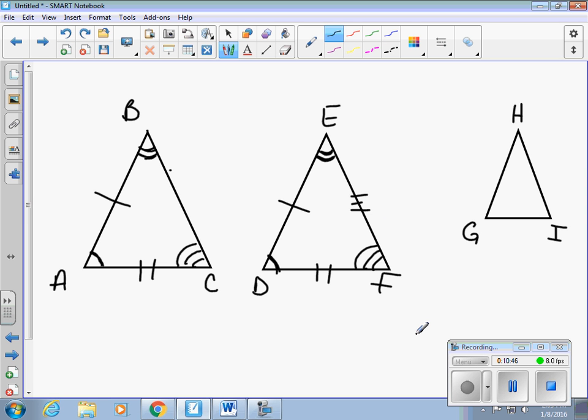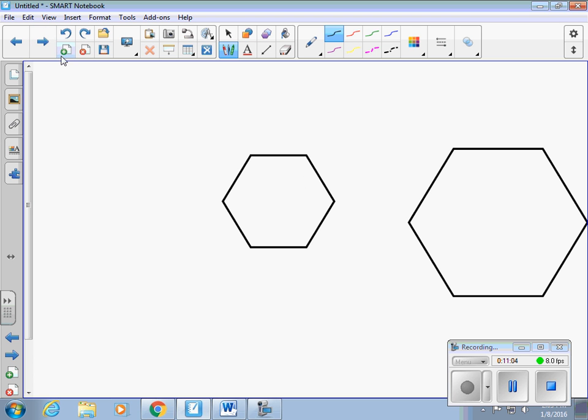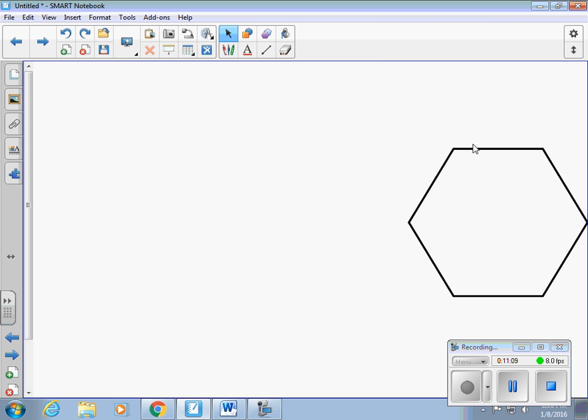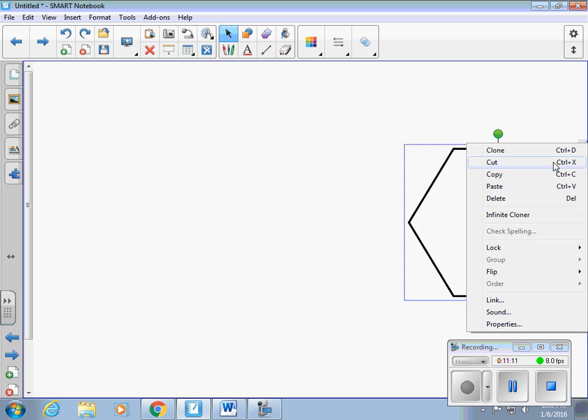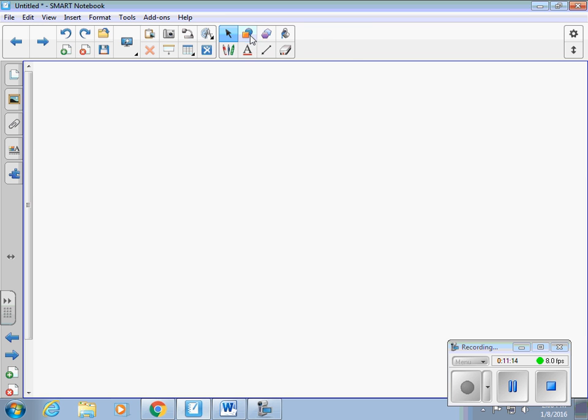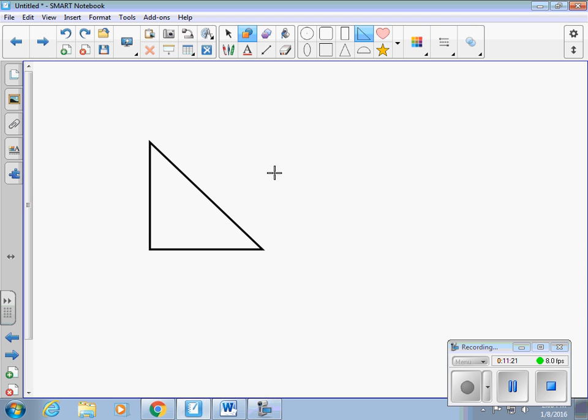Now, what you have to pay attention to is sometimes when they turn that triangle, I may need to draw it so they look the same. Because if I was to draw, let's look at one. Let's go in here and delete these two. So I'm going to draw 2 triangles, and I'm going to draw some right triangles this time. I don't know why he doesn't draw very well, but